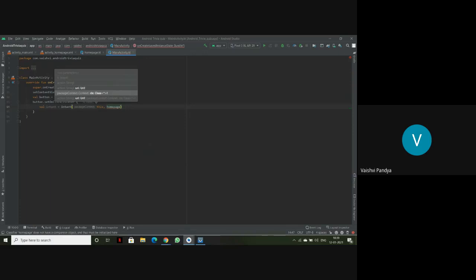Now, why have I written home page here? Because the name we have given to the second page is home page. Whatever name you give to the second page, you have to use here because you are going from the first page to the second page. That is, we are going from the main activity page to the second home page. So here I have written home page, and then I'll use class Java.